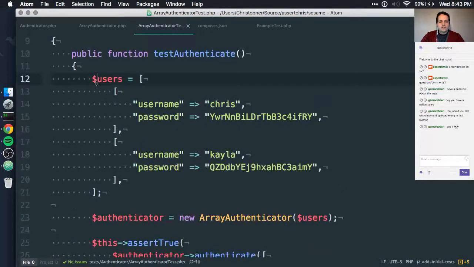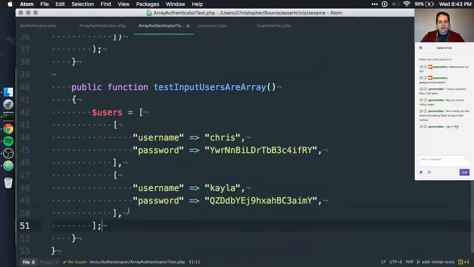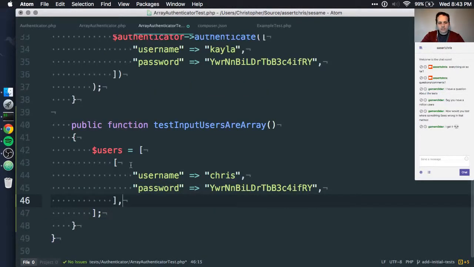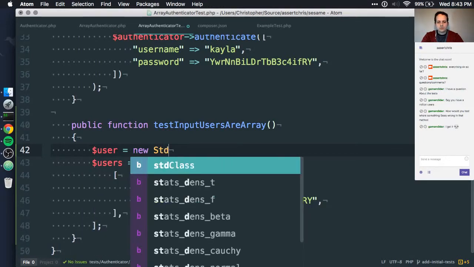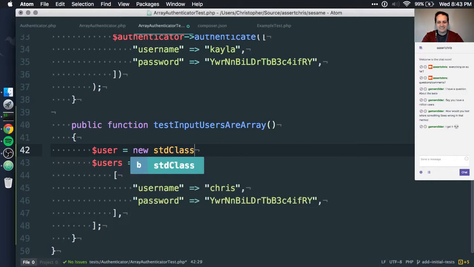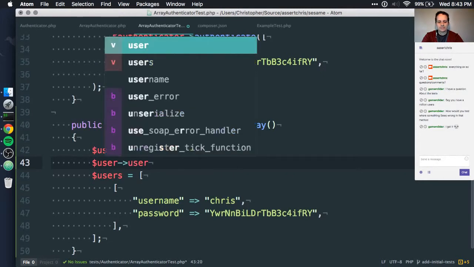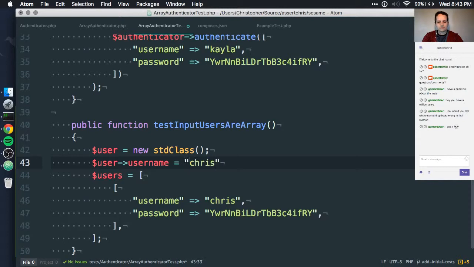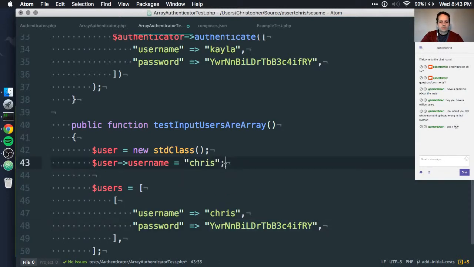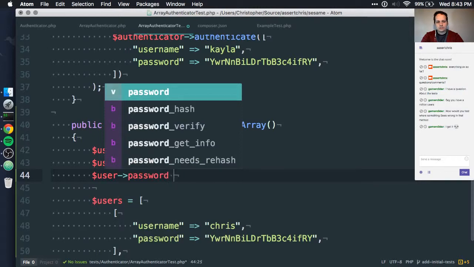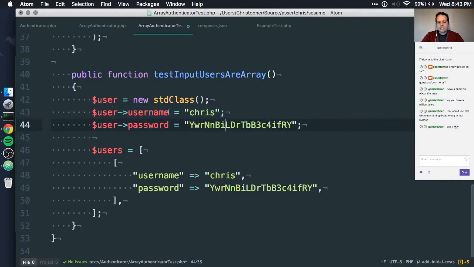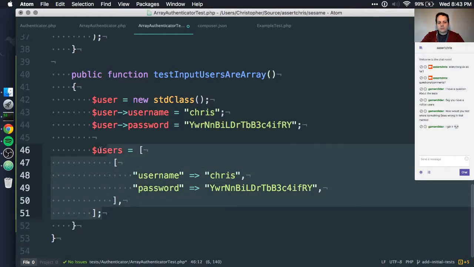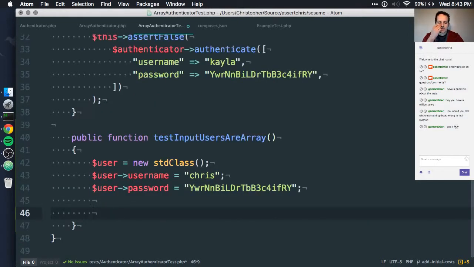Now, the test that we want to do is if we have an invalid user format. So we only need one of these, but we can say something like user is new standard class user username. We can do this as well. Okay, so this seems okay, right? We can get the username and the password properties here, but actually it's an invalid format. So we don't need this array anymore. But what we can say is something like, okay,